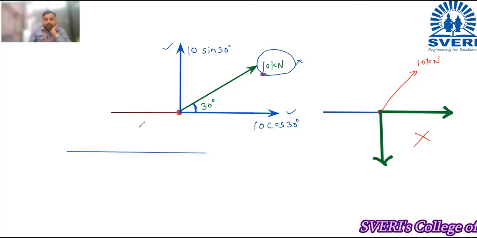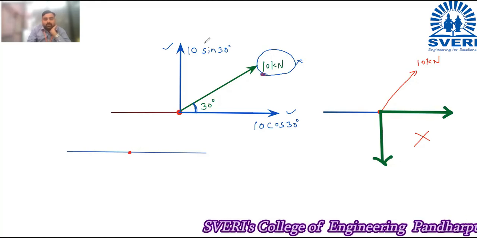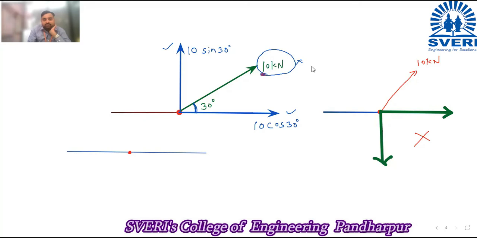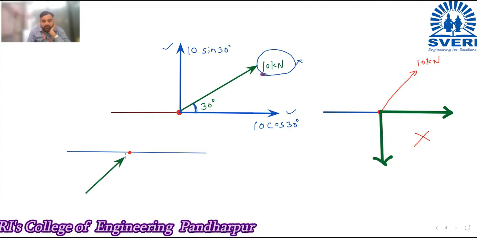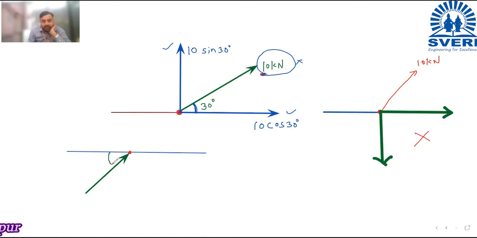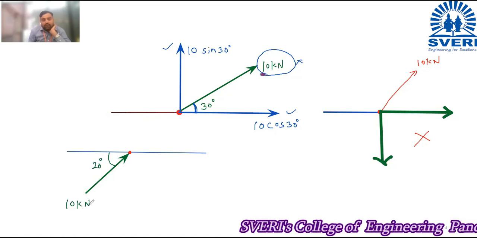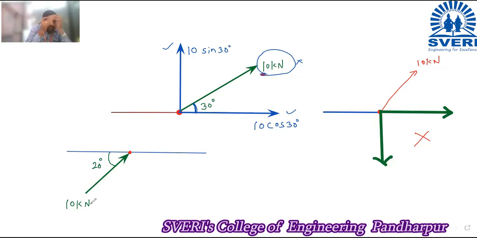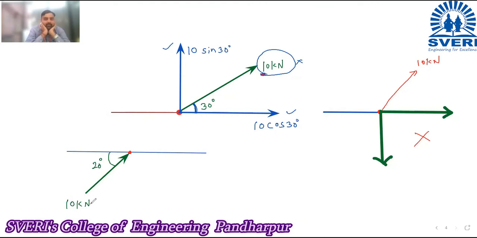So now this is my point of application. And when force is acting, this is the force which is acting on this point. This is the force, and the angle of this force from this side, this angle is 20 degree, and now this force is of 10 kilonewton. Step by step, tell me slowly what all you will do, what to look at and what not. Go ahead.